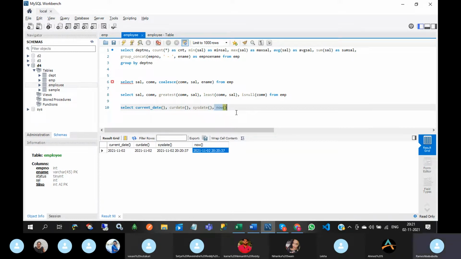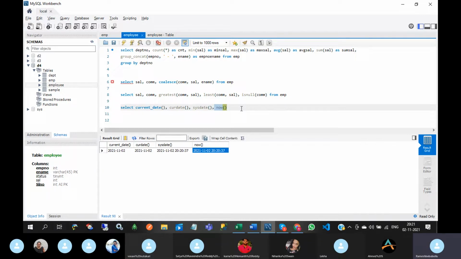For example, if the procedure execution started in 2021 and it takes 1 minute, then now will return the 2021 timestamp only.